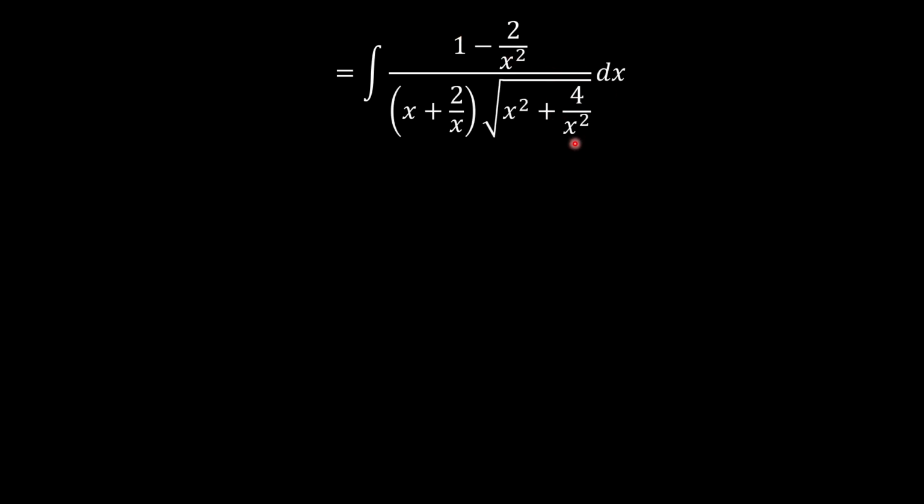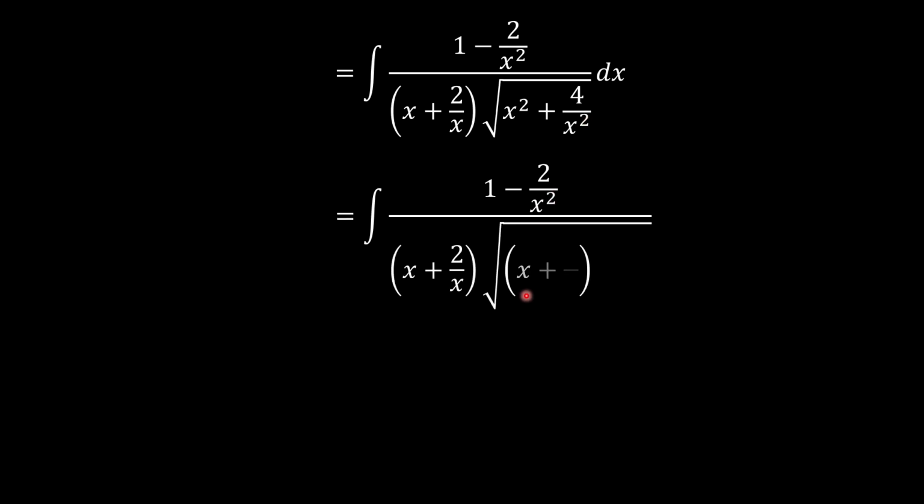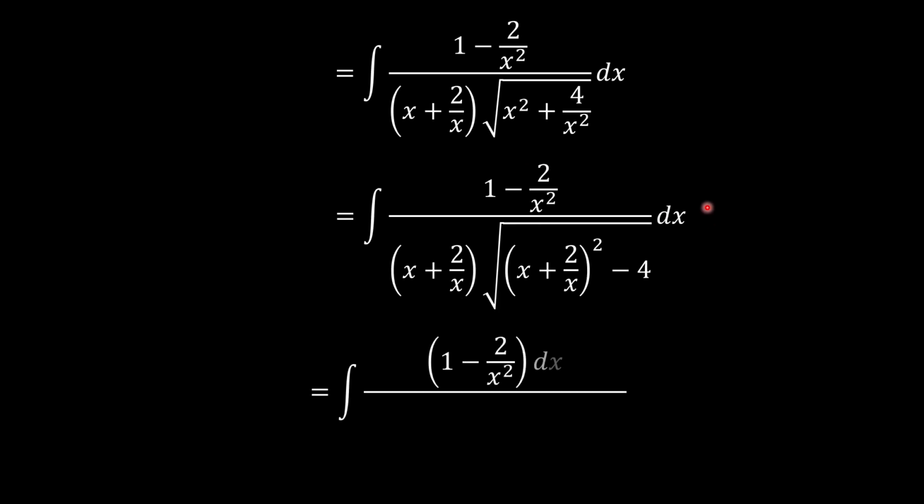However, let's try to reorganize what is inside the square root sign. x squared plus 4 over x squared is the same as (x plus 2 over x) all squared, minus 4. So as you can see, there is u here, there is u here, and whatever is the numerator is du. So with that in mind,